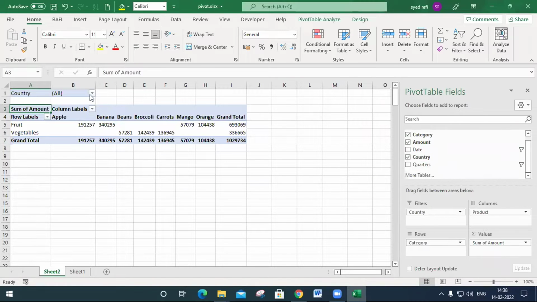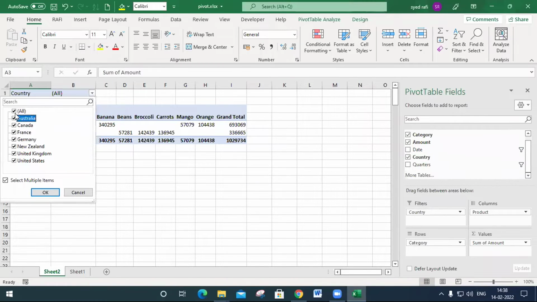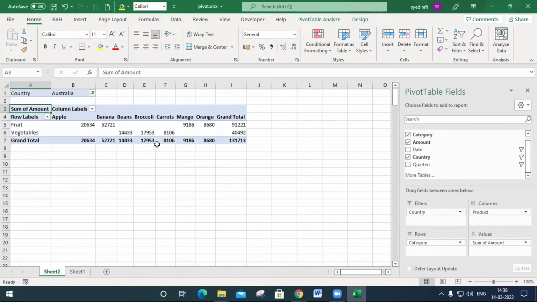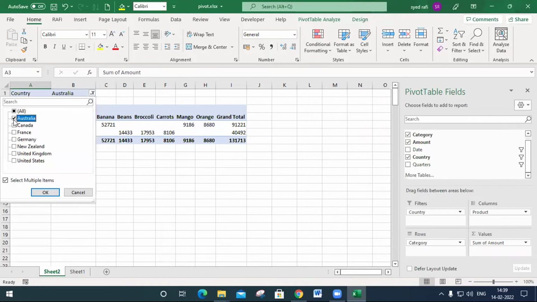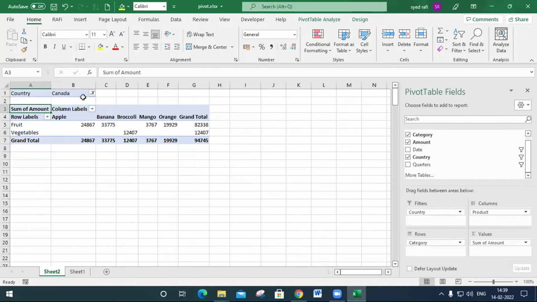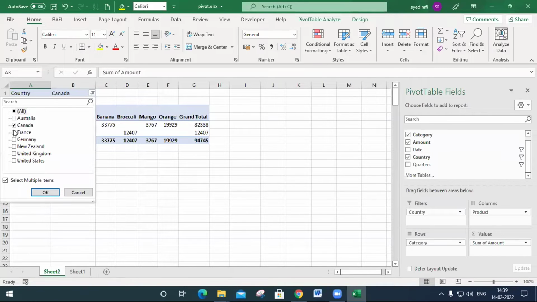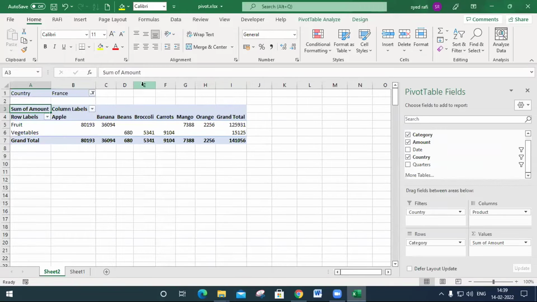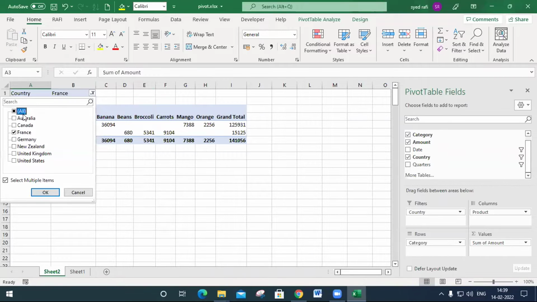It will be displayed like this. So here Australia, if I click here, those details will be displayed. Those sales happened in Australia by selling the fruits and vegetables. And also you may select Canada, only Canada details will be displayed like this, and France will be displayed like this. So there is a technique.